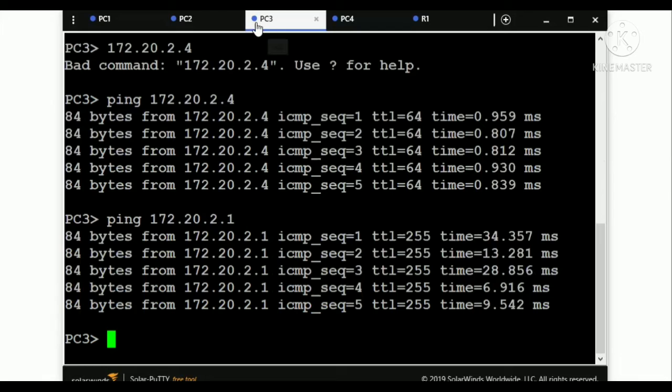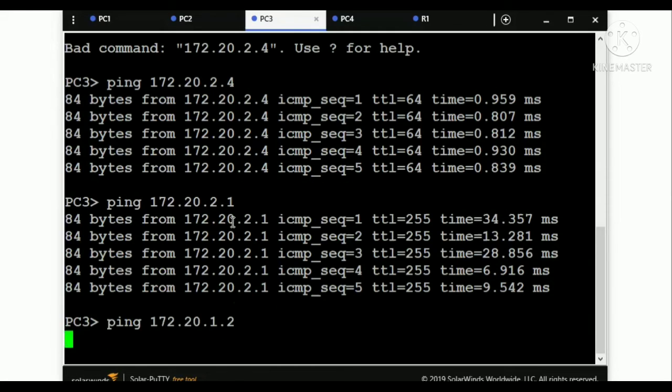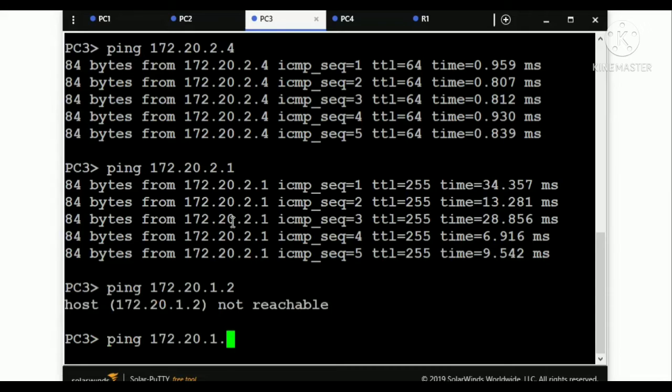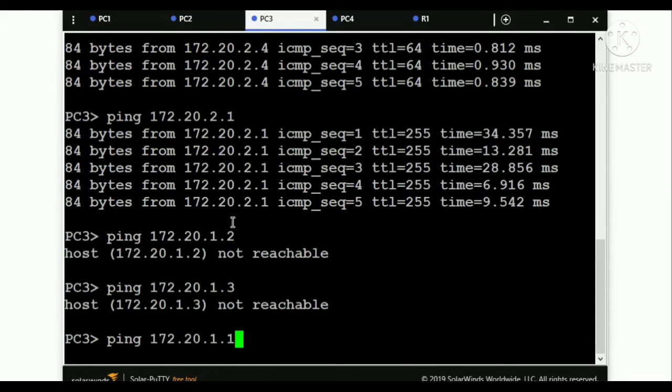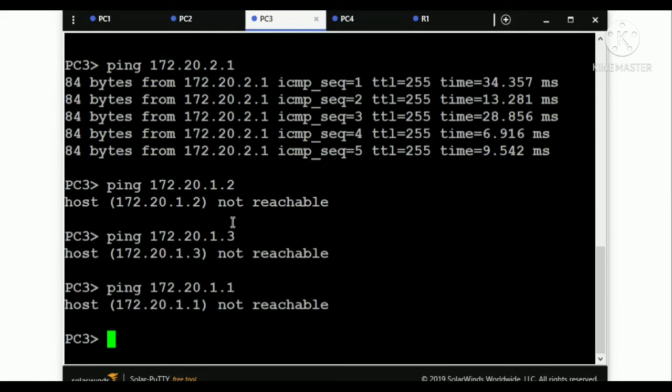So PC3 can ping 2.4, which means PC4, and 2.1, which means router 1, but it cannot ping 1.2, 1.3 and 1.1. So from the one network, PC3 cannot ping 1.2, 1.3, and 1.1.